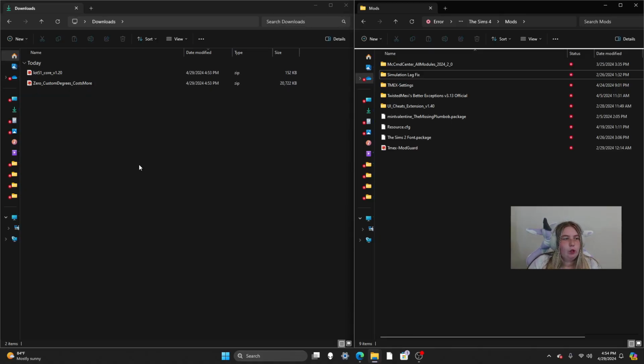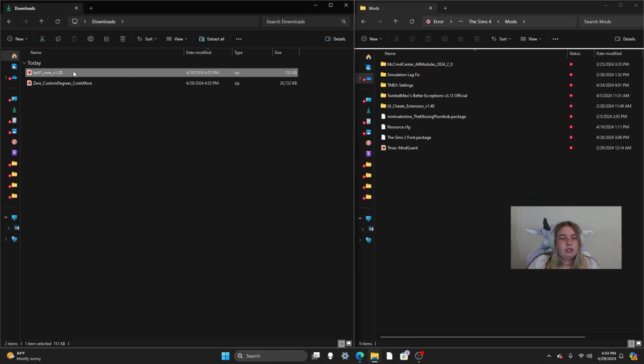So this is my download file, and then this is my Sims 4 mod folder. As you can see, there's already mods in here. Now we get to the fun part of moving the mods over. So I'm going to go ahead and do Lot 51's core library first, and I'm just going to double click